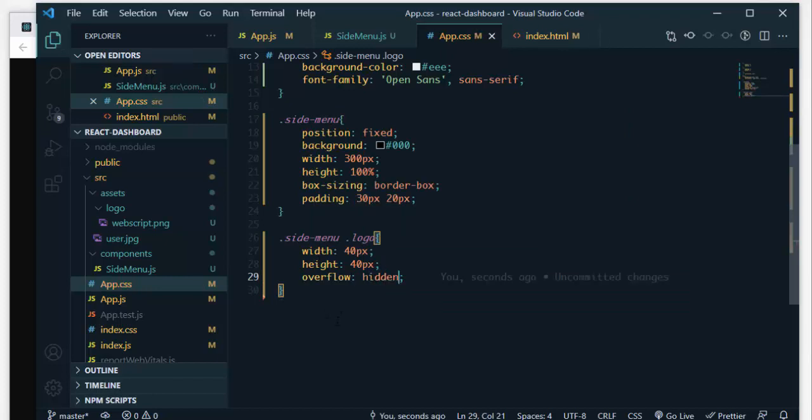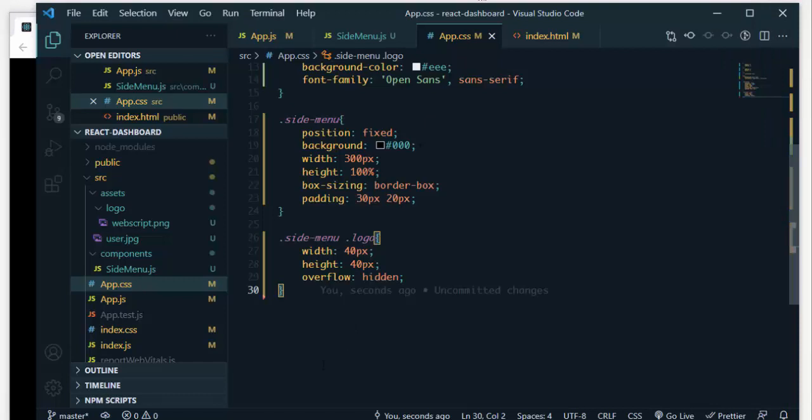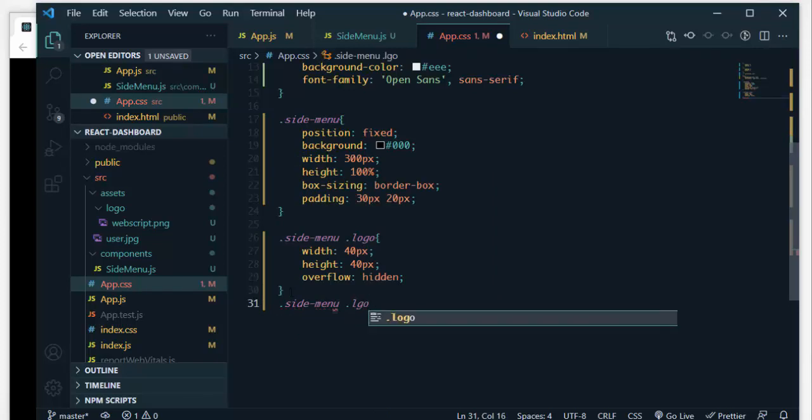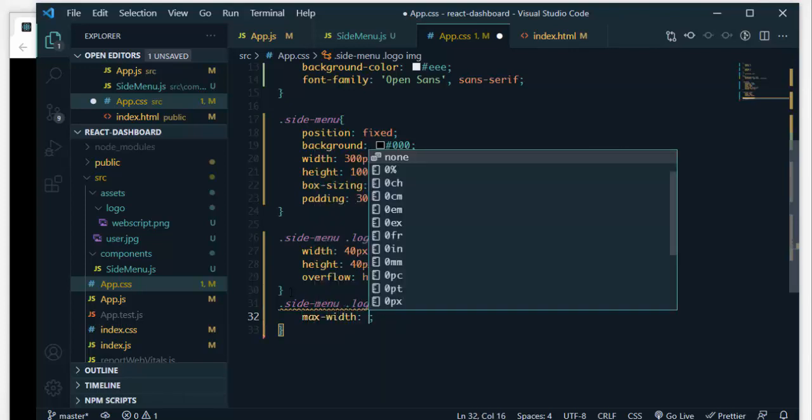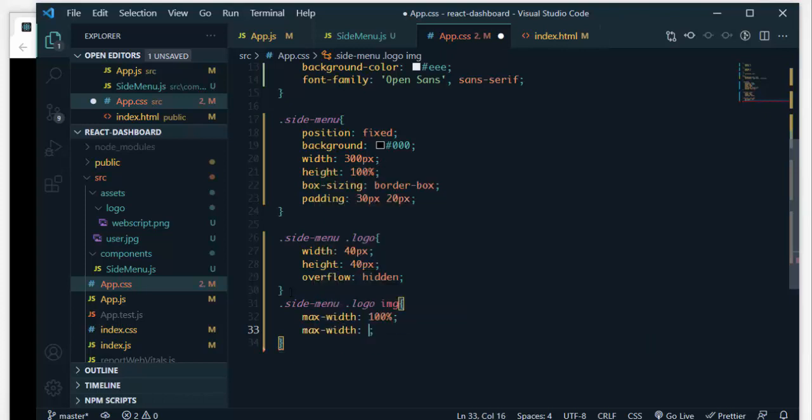Okay, and as you can see, the logo is not visible because it's actually there, but the width and height is very small, and the logo is going out of that container, and overflow is hidden. So that's why it is not visible. So we have to change the image size. We'll say logo and then image, and here we'll say max-width, that is going to be 100%, max-height, that is going to be 100%. Save it, and it's visible now, but it is